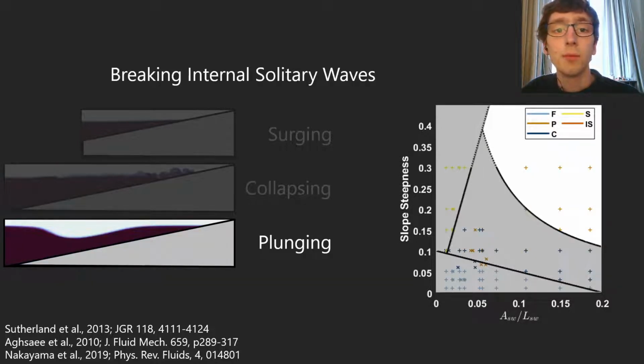Then we have the plunging breaker, which is found at high wave steepnesses and slopes. Here is where we have overturning related to the rear of the wave at the top, overtaking the trough of the wave. So you see this happening here, and now we get plunging forward of this lower layer fluid, which